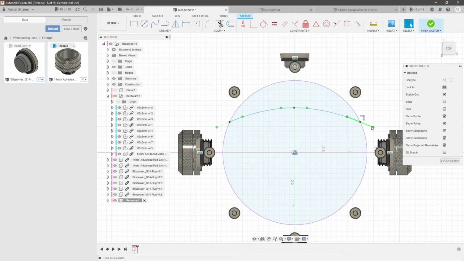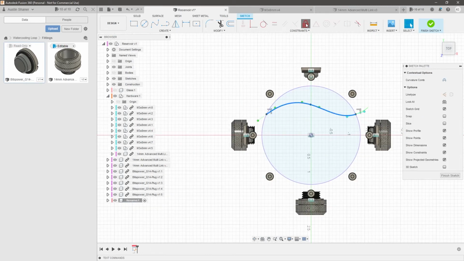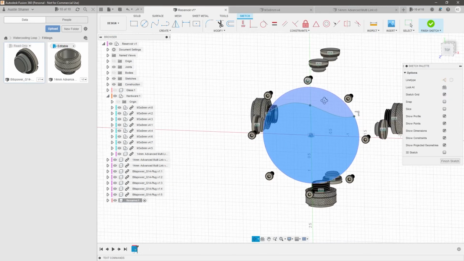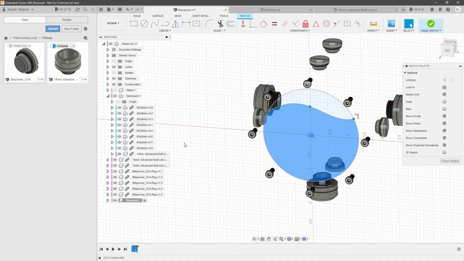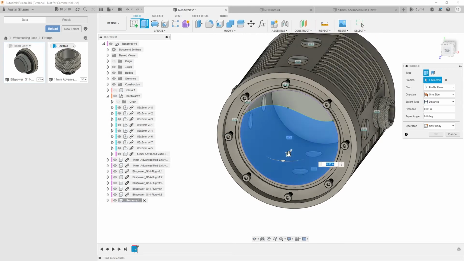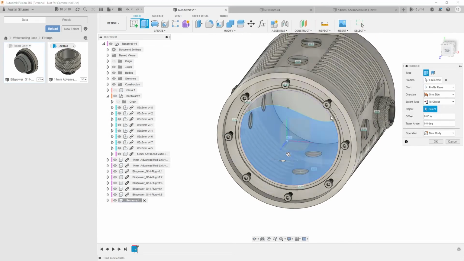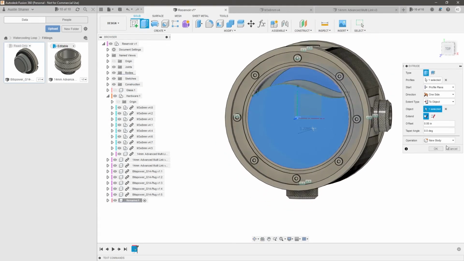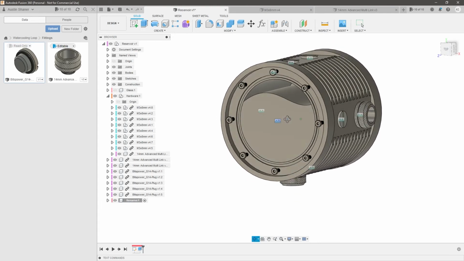Hit enter. We're going to use a fit point spline. And then I'm just going to drag this like that to create a little wave in there as if the water was turning. And then that'll be good. I'll just select that and go fix, unfix. And we can now extrude that into the back of this. So let's open up our bodies and hit extrude to object, that back surface,